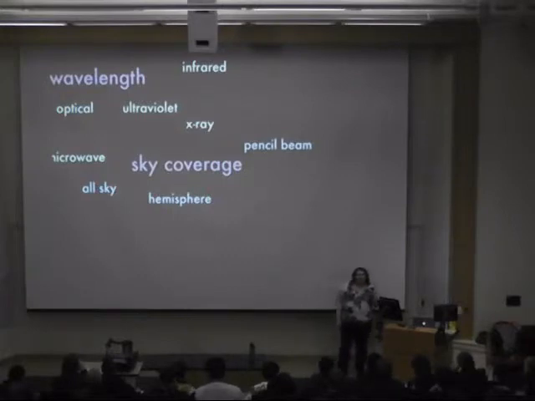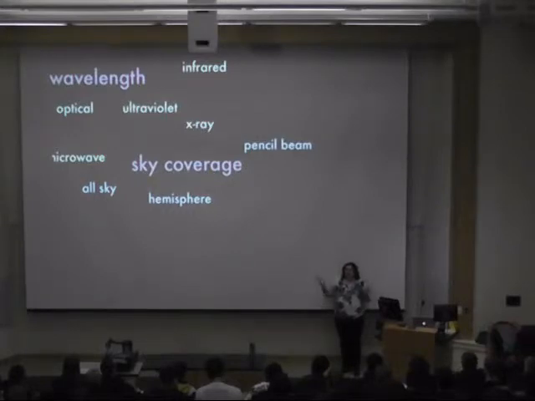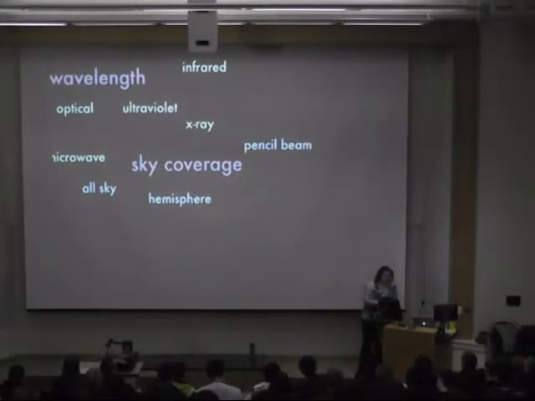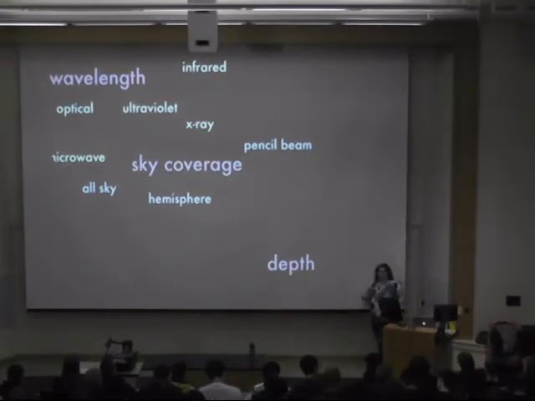There's a hemisphere. If you have to put your telescope on the Earth, you have to put it on one side or the other, so you can't see the whole sky at once. If you want to see the whole sky, you need a telescope in the northern hemisphere and the southern hemisphere. So sometimes surveys are limited by that. Otherwise, you may take what's called a pencil beam survey and just look at one portion of the sky and try to look at everything in really fine detail in that one pencil beam. Those are somewhat conversely related to depth,